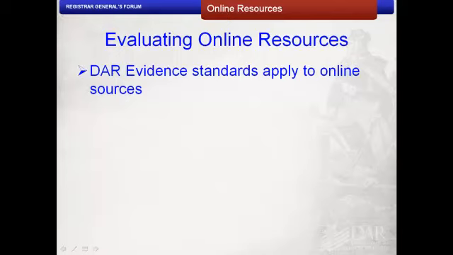You can find a discussion of these standards in the DAR booklet, Application Papers, Instructions for Their Preparation, on pages 11 through 12. This booklet is available on the members' website, members.dar.org, Forms and Publications, Executive Offices, Registrar General.